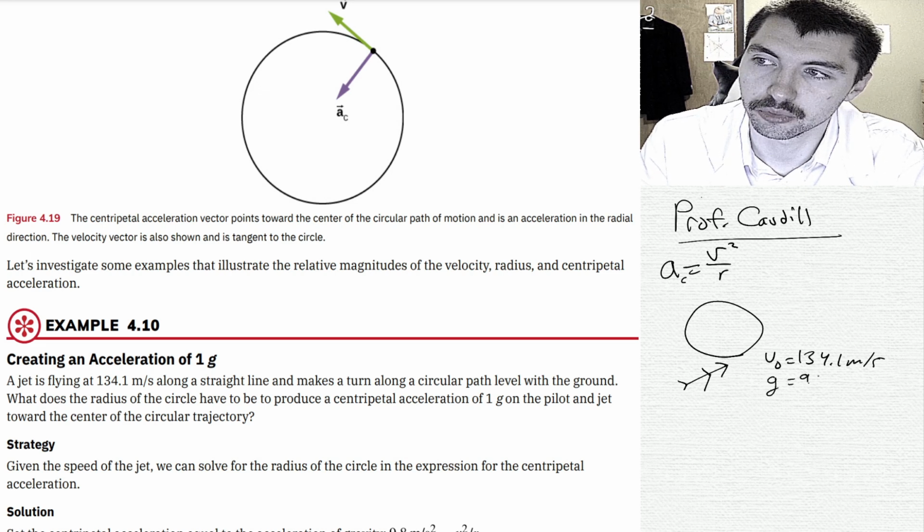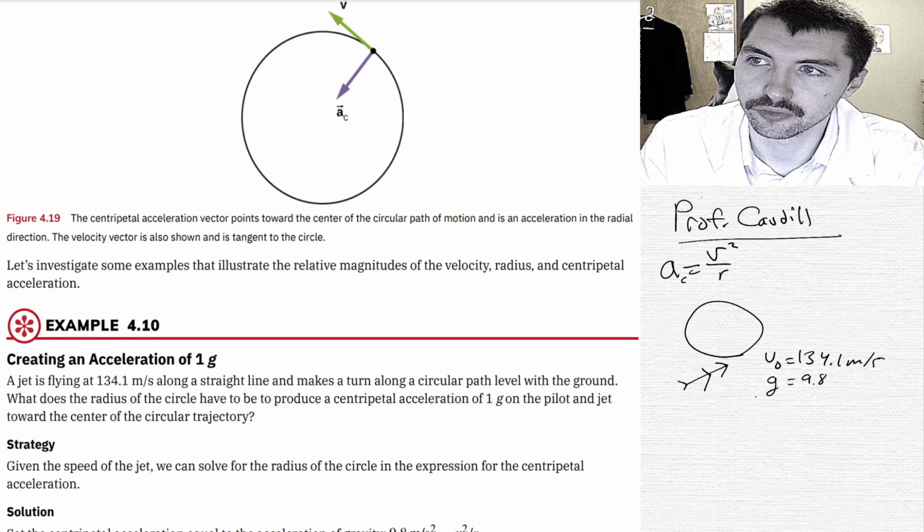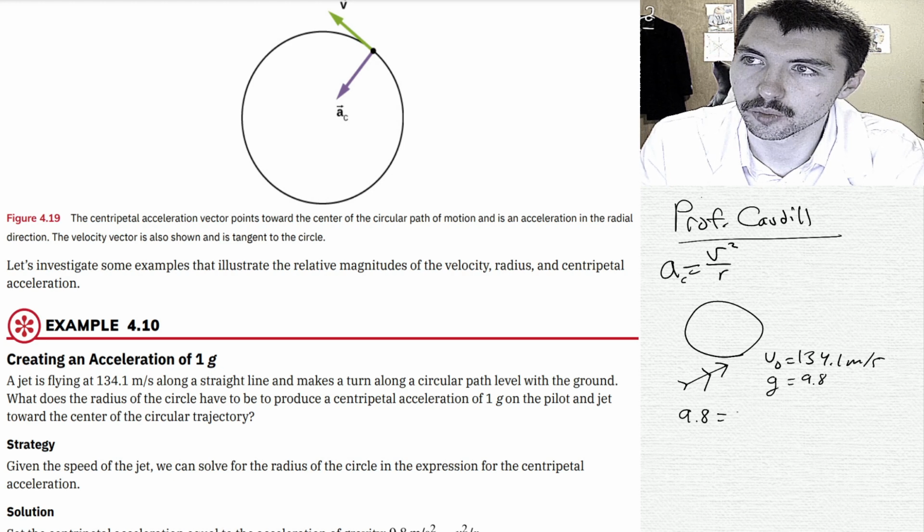Gravity is 9 point. So we're going to solve for R, so it's going to be 9.8. It might be negative 9.8. We'll see. So anyway, it's going to be this equals R. So R is